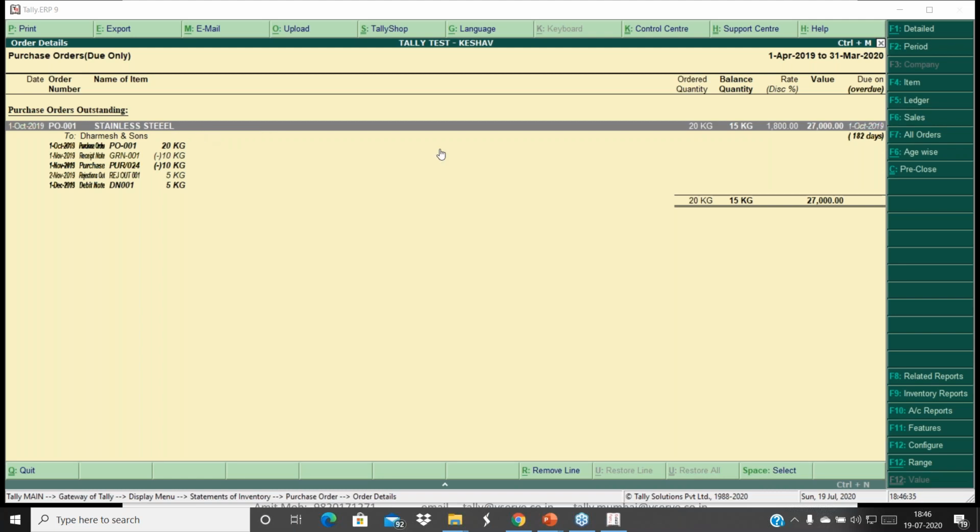Like in this particular transaction visible on the screen, we can come to know that a total of 20 kgs of stainless steel was ordered, and 15 kg is the balance quantity, because 10 kg was received, out of which 5 kg was rejected, and effectively only 5 kg was received. So now we can decide what is required to be done. If the purchase order data is very seriously maintained, then all these types of reports become very critical. This is purchase order. Similarly, you can always have